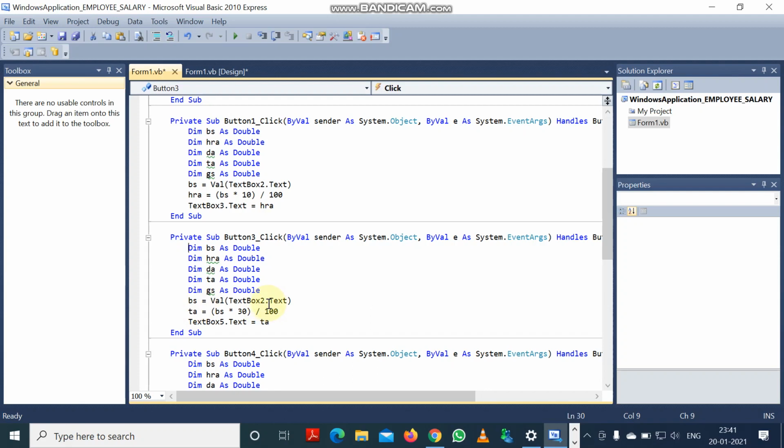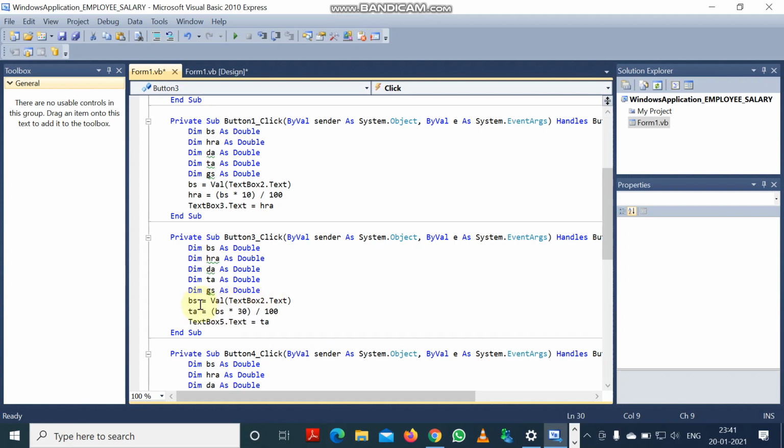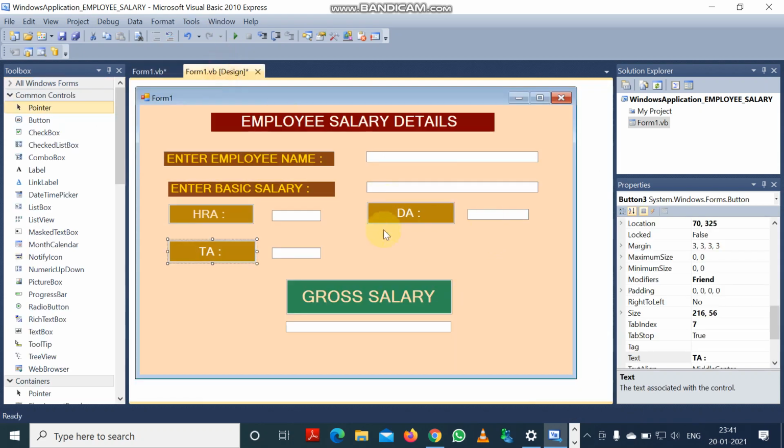In text box 2, the user will give the salary, and that value is taken by the val function and stored into BS. Now we are calculating the traveling allowance or TA, that is equal to BS into 30 by 100. That means 30% of the basic salary will be the TA, and the TA is given to text box 5. And you can see that this is text box 5 where the TA will be shown.